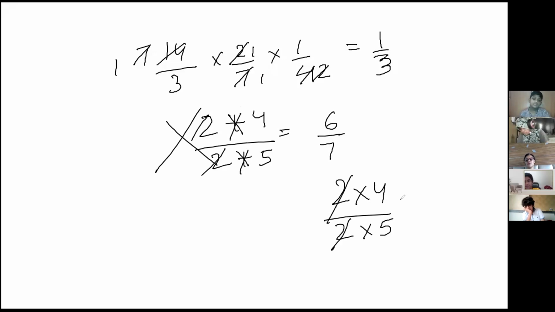So we can cancel 9 and 12, right? Yes, you can cancel when there is a multiplication sign. When there is an addition or subtraction sign, you cannot cancel. So this thing you should not cancel.